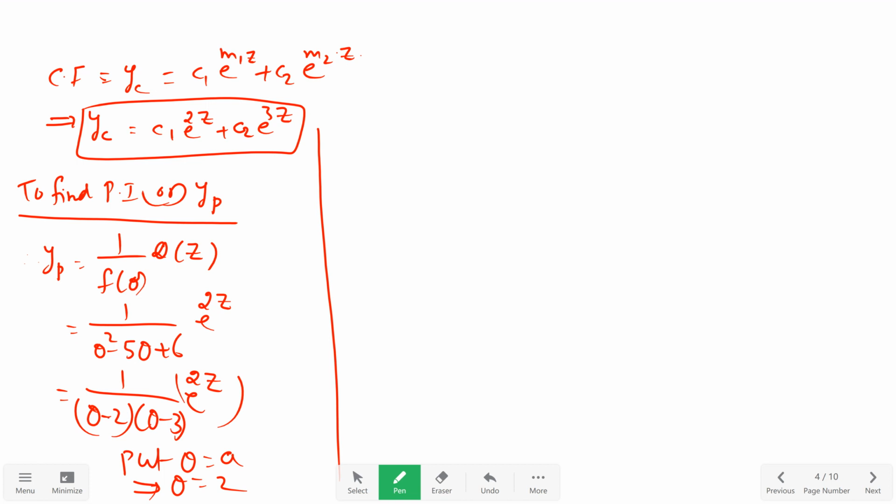then the denominator value will become 0. How does the denominator value become 0? Here a is equal to 2, which is one of the roots of the equation theta square minus 5 theta plus 6 is equal to 0. Then we have a formula for finding the particular integral, that is yp is equal to minus 1 whole power n into z power n by n factorial into e to the power of az. This is the formula.